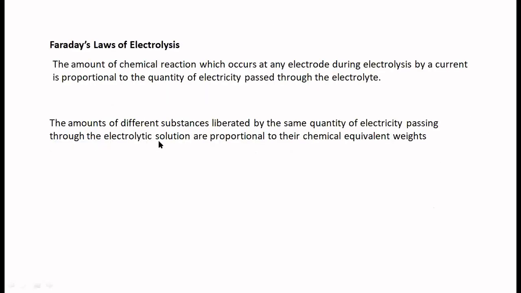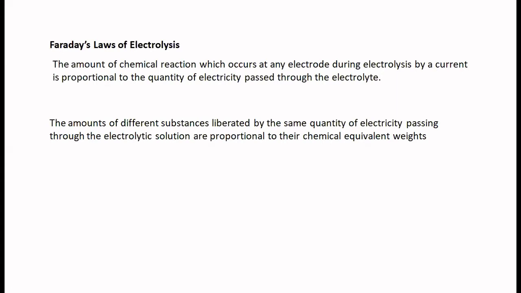Then most important is quantitative aspects of electrolysis. This is going to happen in an electrolytic cell. In an electrolytic cell, electrical energy is used to bring about a chemical reaction which otherwise is non-spontaneous. Okay. So for that, these two laws are very important. How much current we are supposed to supply to get a required amount of the compound or element or any substance. So for that, first law of electrolysis: